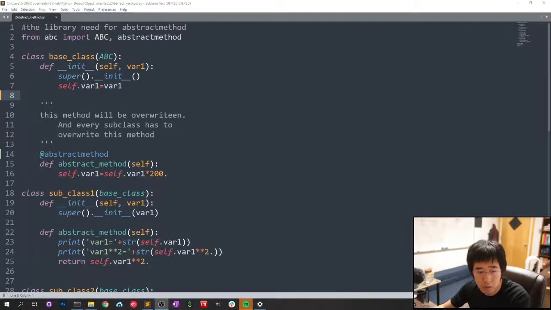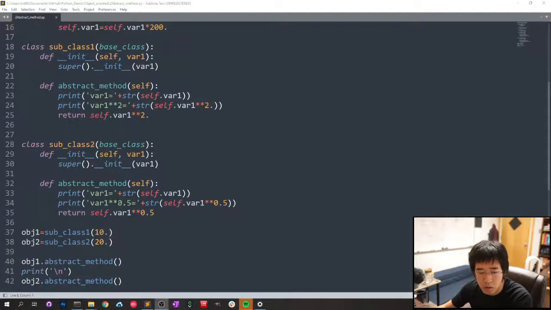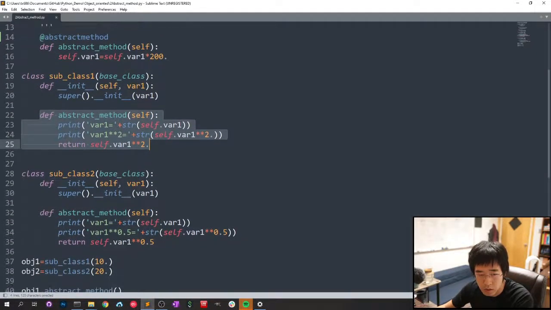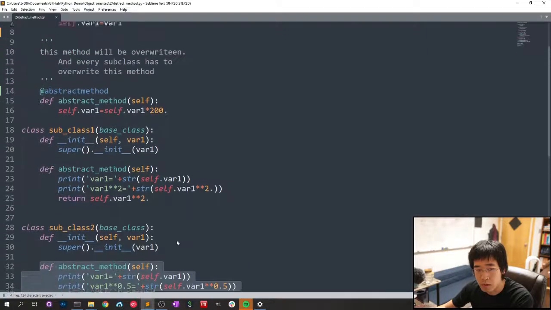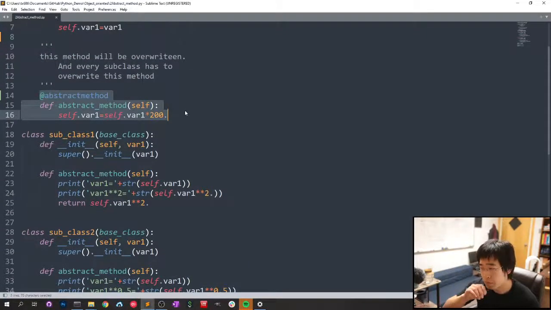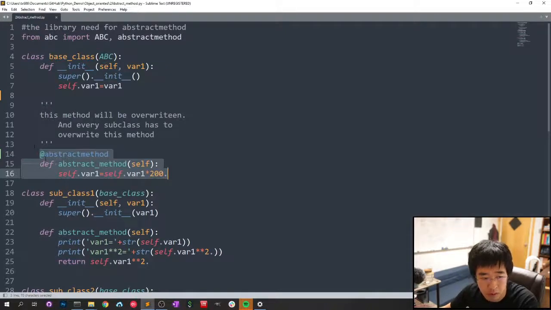Sometimes with a subclass and base class, you will encounter that you have the same method defined in both the base class and subclasses. To ensure that you have defined it in both,